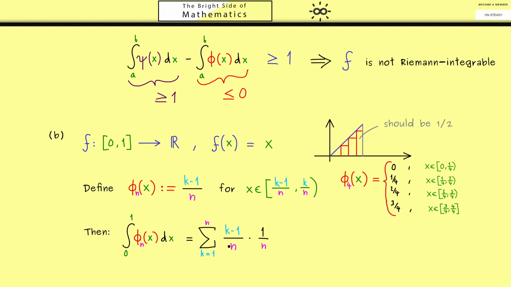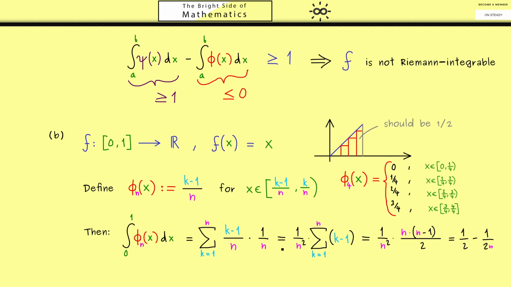Here you see we have 1 over n squared, which we can pull out of the sum. And then you see the only thing we have to calculate now is the sum of the first n minus 1 integers. And there we can use something some people call the little Gauss formula. In this case here, it's n times n minus 1 divided by 2. In the next step, you see we can simplify this into 1/2 minus 1 divided by 2n. Okay, so this is our result here, the result of this integral.